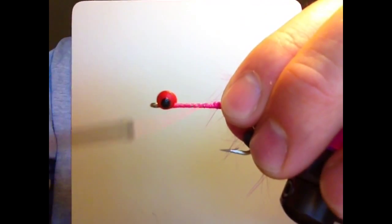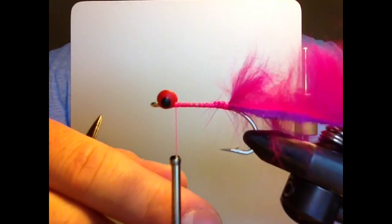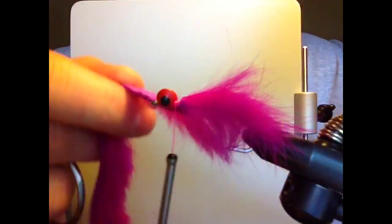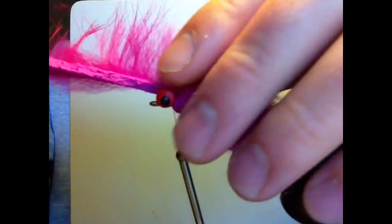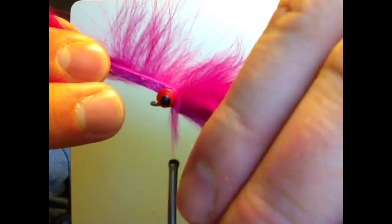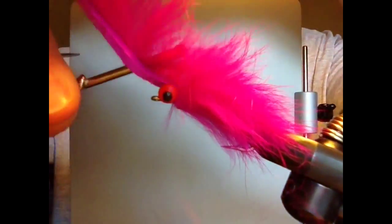Once you have that tied in, go ahead and bring your tying thread to just behind those dumbbell eyes, and I'm going to take this cross-cut rabbit and I'm going to wrap it forward. And with each wrap I make, I'm going to put that just in front of the last. So each wrap goes in front of the last. It's okay if you overlap them a little bit. And once I get to behind those eyes, I can take that tying thread, just set it over, make sure that's in there nice and tight, tie it in,